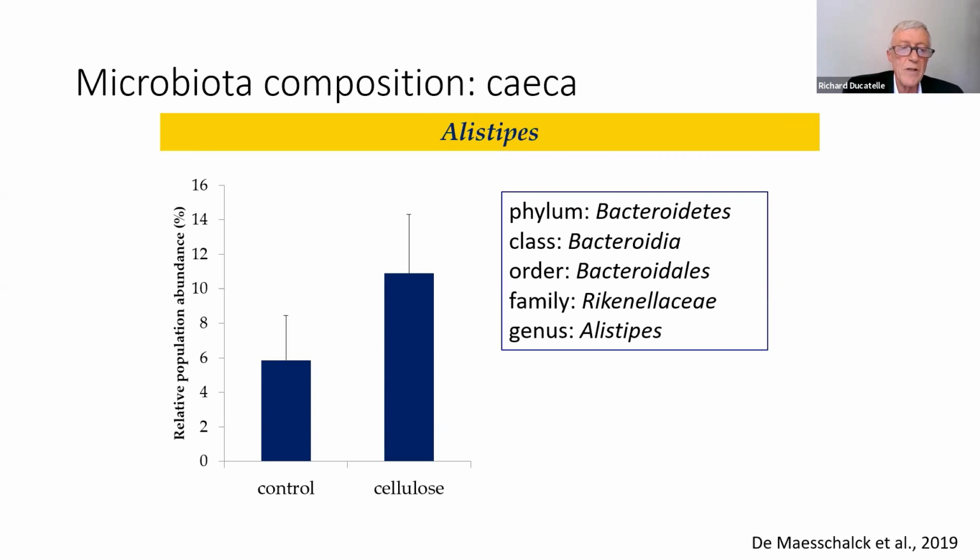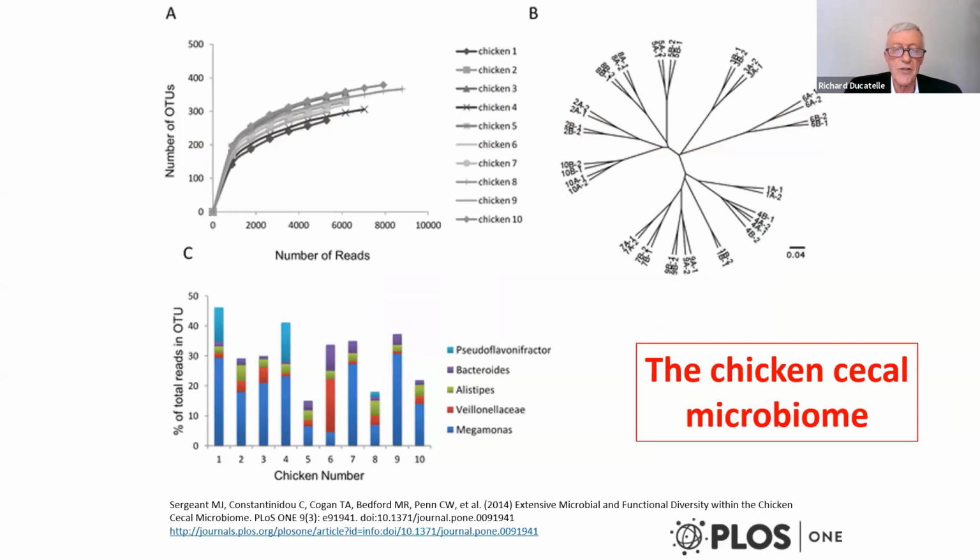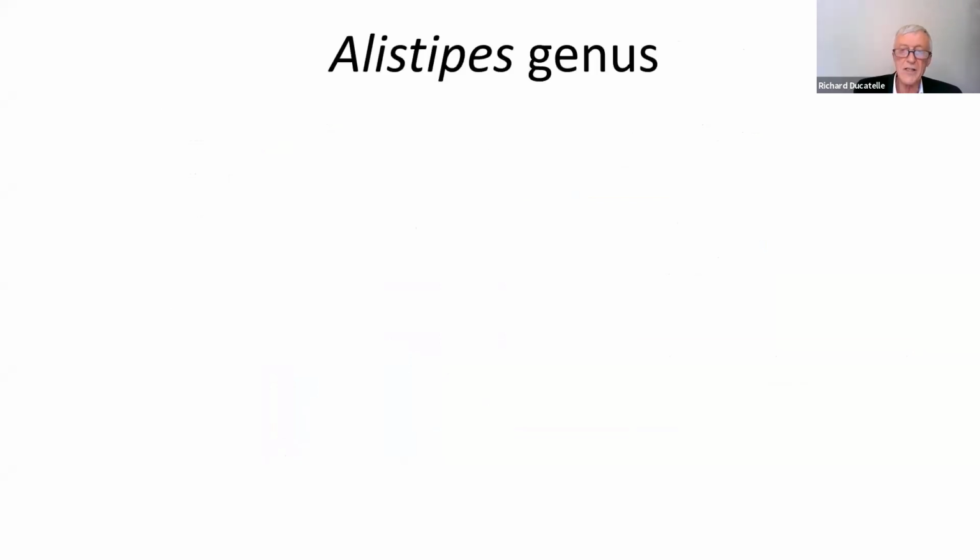So we were fascinated by this very specific response of the microbiota to this specific feed supplement, which we gave to an otherwise harmless and very standardized commercial feed formula. And so it turns out indeed that Alistipes is part of the adult chicken microbiome, but it's not only in